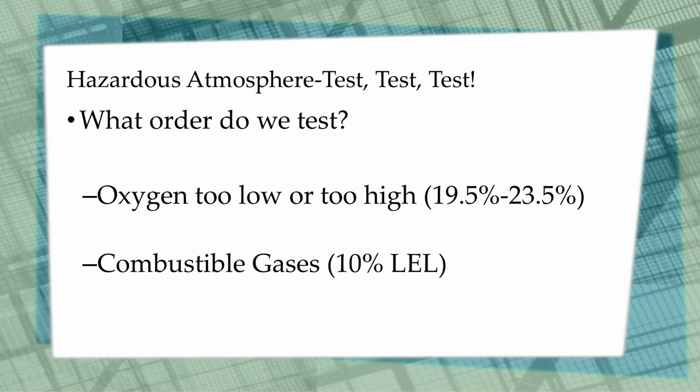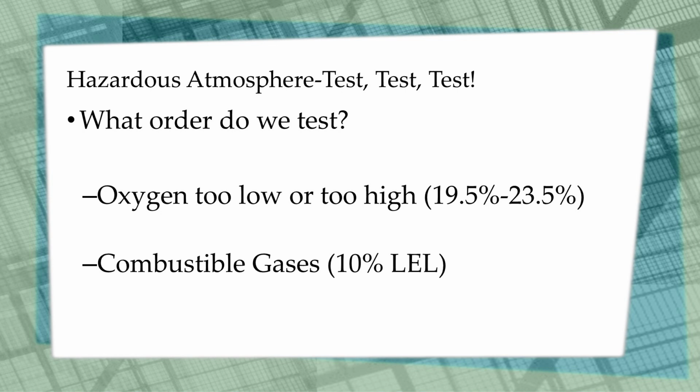OSHA has set values that are no-go or no entry values, and 10% of the lower explosive limit is one of those values. So when we start talking about the lower explosive limit, if you recall from just a few minutes ago, we said there's just enough fuel vapor and just enough air that mixed together, it will ignite and explode, and that's the lower explosive limit. And what OSHA has established is that once you get to 10% of that lower explosive limit, you don't go in. And the reason why